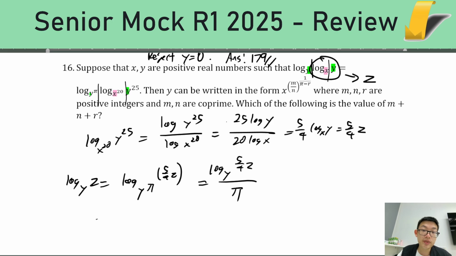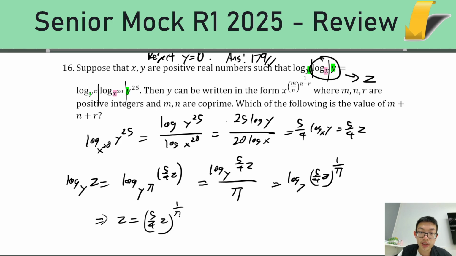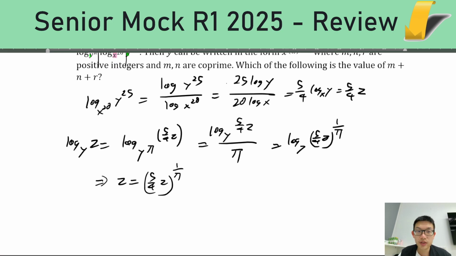And that means that z, okay, maybe I can just bring it in. z equals 5/4 z to the 1/pi. That is fairly disgusting looking. Okay,